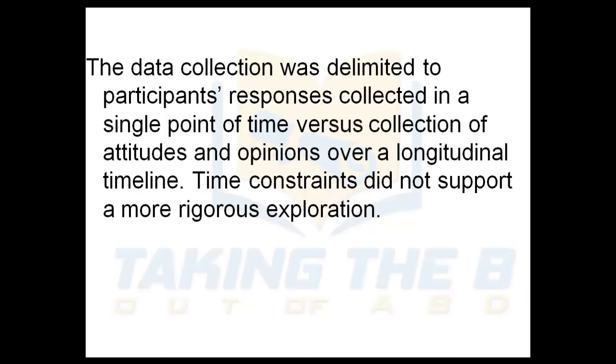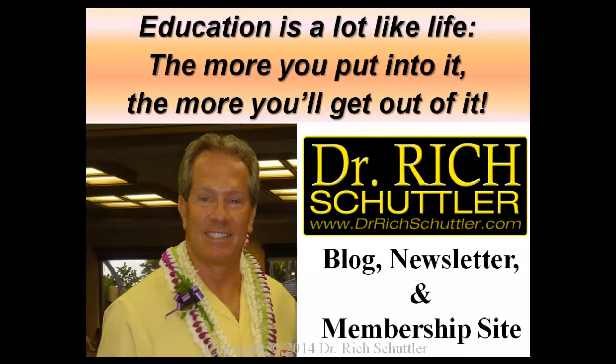Time constraints did not support a more rigorous exploration. What she's indicating here is that the essence of her research, a doctoral dissertation research study, didn't allow her 6 months or 12 months to be able to collect data or to explore this phenomena to a greater level. All she's indicating is the reality of which you are all under, that there are some time constraints for the study that you're doing because you want to graduate, and there's nothing wrong with that. Now, you don't necessarily have to mention it in your work, but she decided to because she thought it was important. What the differences are between limitations and delimitations, and how to craft that section in your proposal and dissertation.